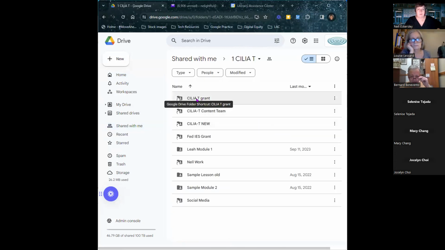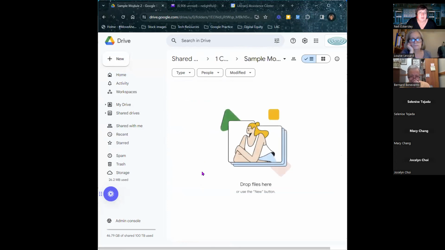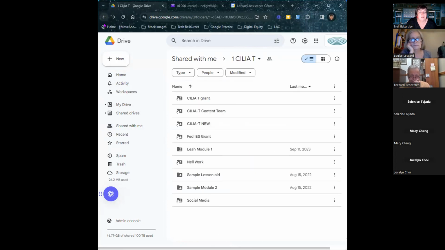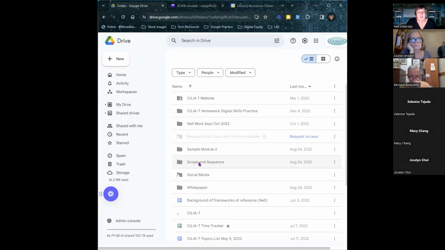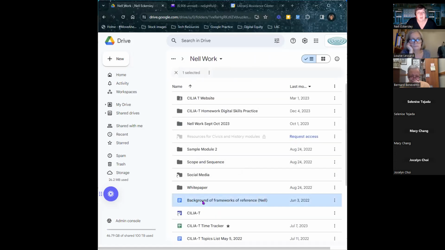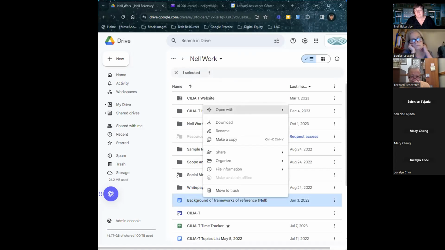And in this case, this is a bad example because it's a folder full of folders. So now if I go into, let's see if I can do this one. Nope, nothing's there. Basically, I would go in and I would copy. So you could highlight 5 things and then you should be able to right click and say make a copy. So it's saying make a copy there. So I can make a copy.